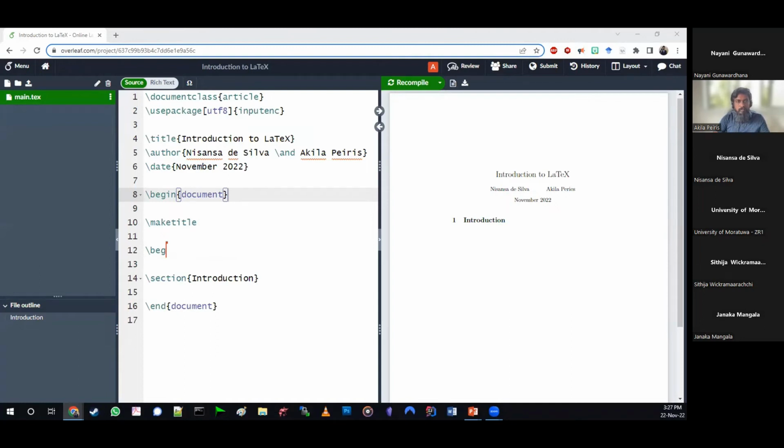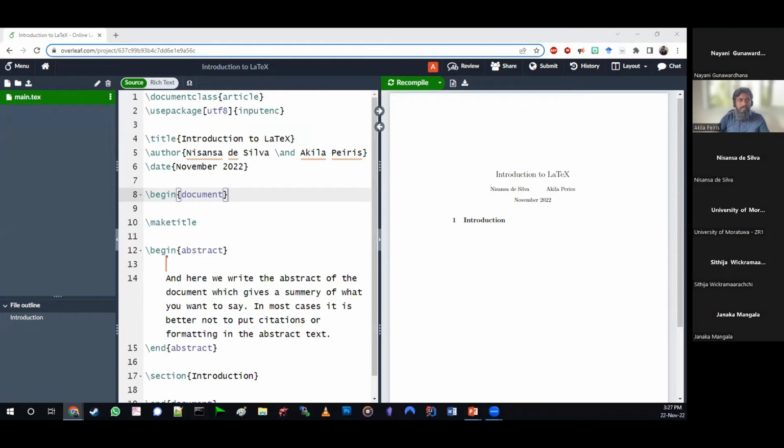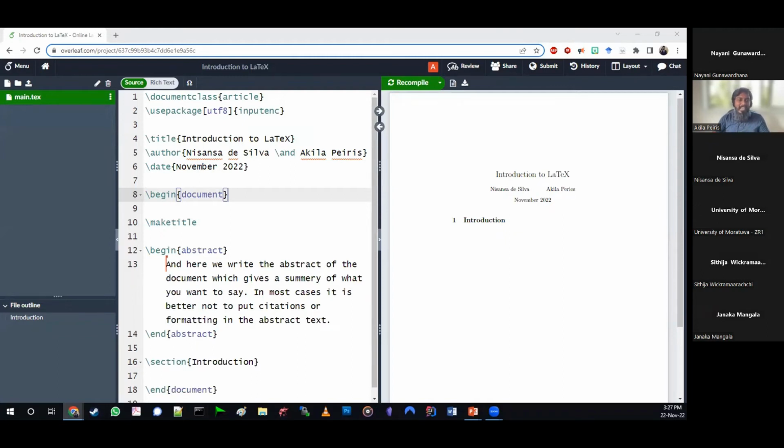So now he's adding a begin and an end to the abstract, and he's going to type some stuff in. Oh, he just copy pasted the text. That is totally fine. Yeah, we'll get to the lorem ipsum as well,